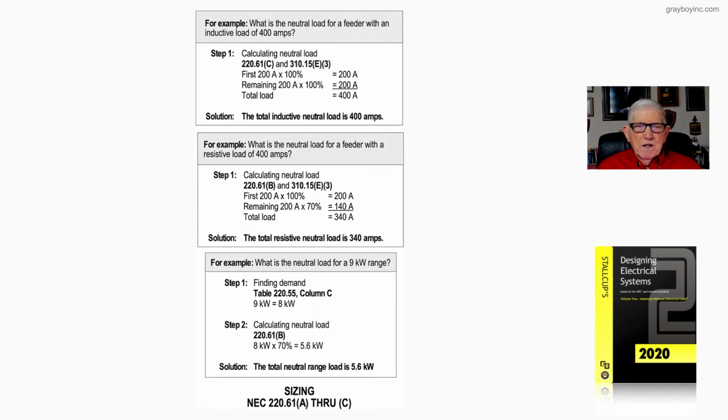And notice we have reduced that 9 kW range. Even if it was 10 or 12 kW, we'd reduce that down to 8 kW times 70%, and the neutral would be 5.6 kW. Now that is the application of sizing the neutral with demand or no demand in accordance